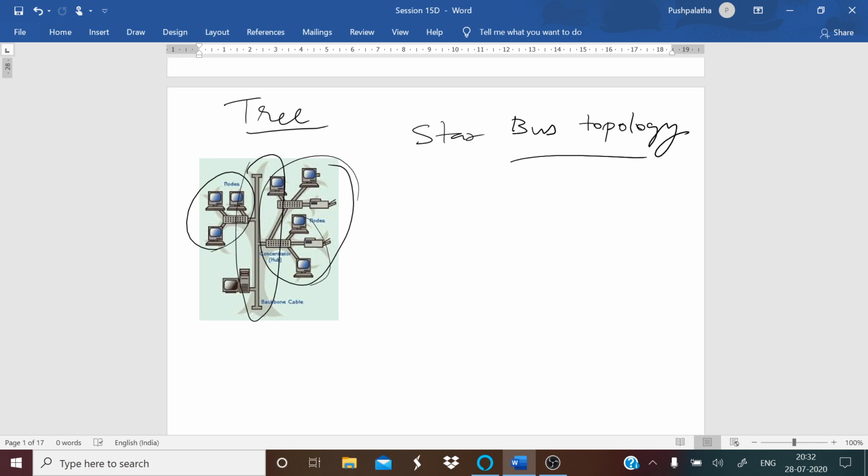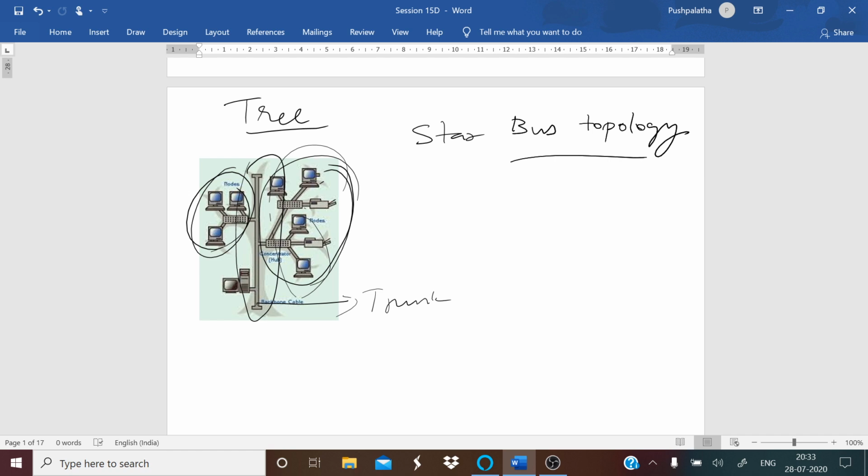If the main cable, that is this is the main cable, we can call it a trunk also, that is between the two star topologies fails, then the networks will be unable to communicate with each other. The star topologies will be able to communicate within themselves, but this and this cannot communicate with each other. That's it. So tree topologies can be used to structure many kinds of data, including a program also.